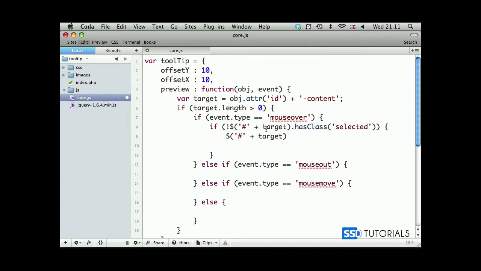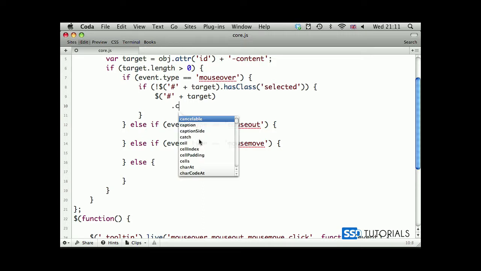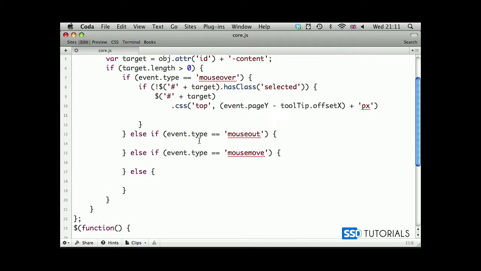dot, actually let's put it on a new line. I'm going to close this browser here so we can see things a little bit better. Dot CSS, and we go for top position, then event dot page y minus tooltip, our object offset x, and then after this plus px in single double quotes. Then CSS, we go for the left position,